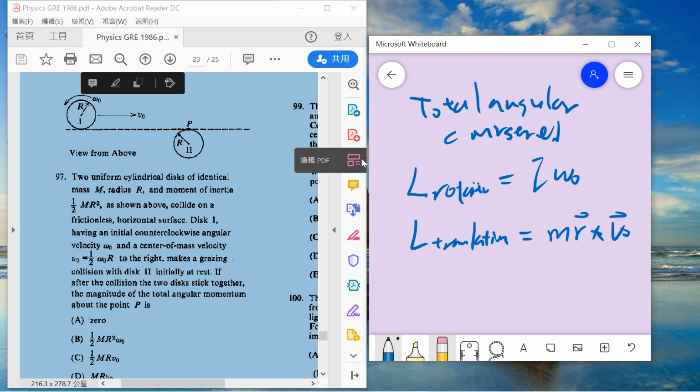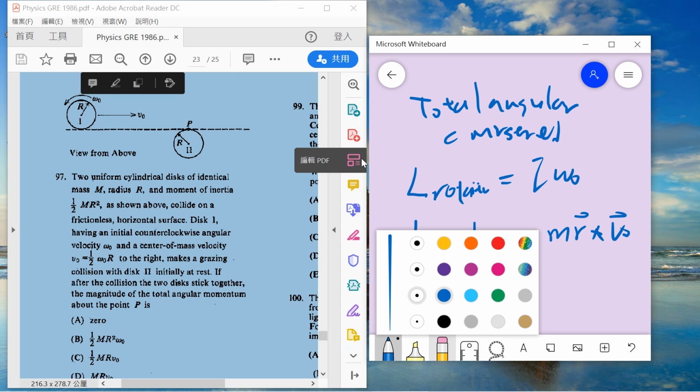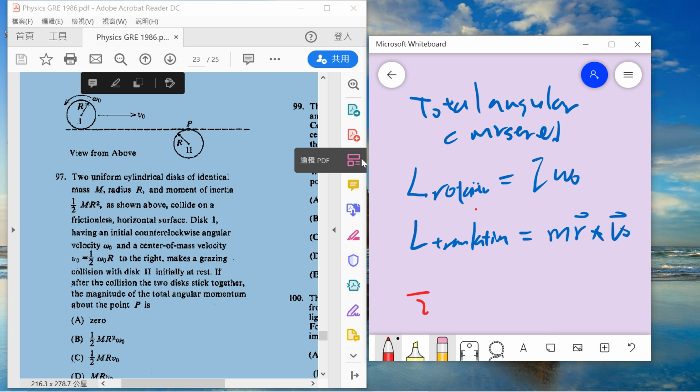Okay, so rotation is this one. So the rotation has the angular momentum I omega naught